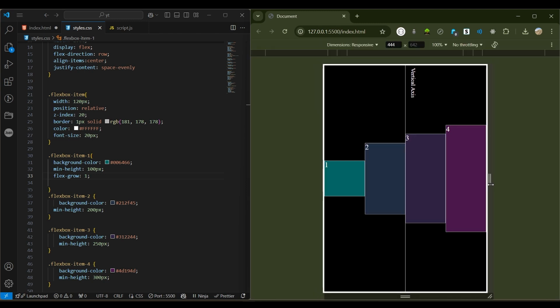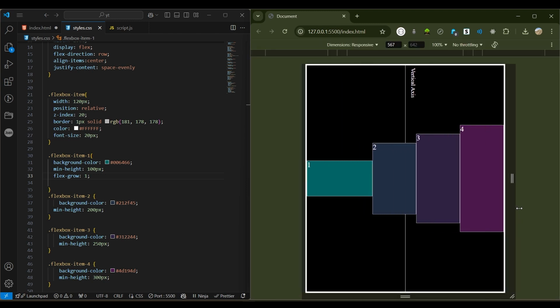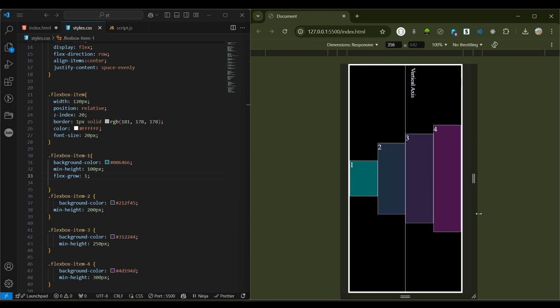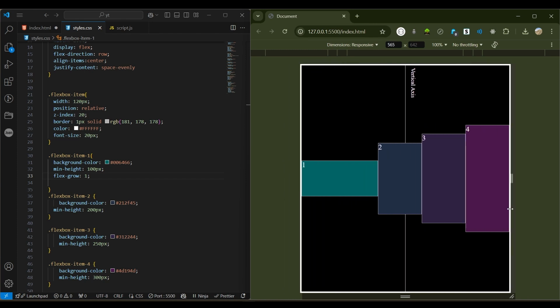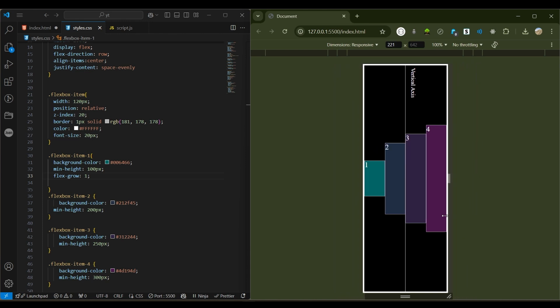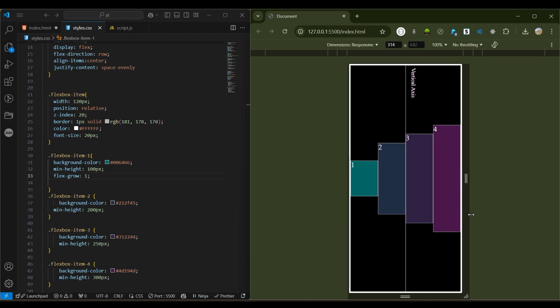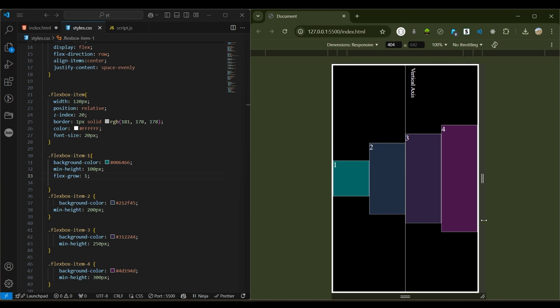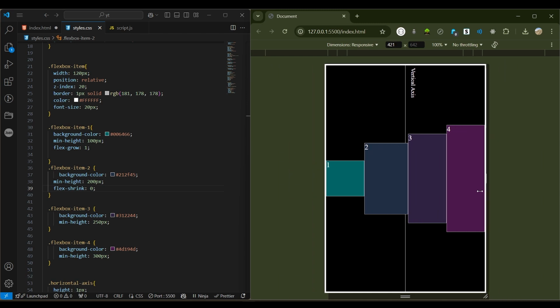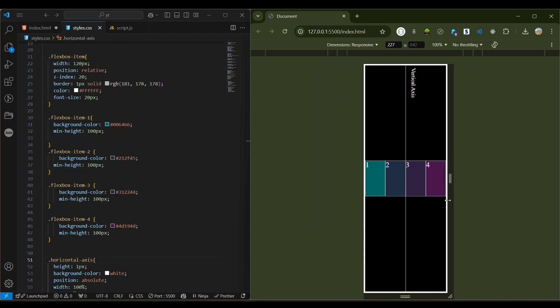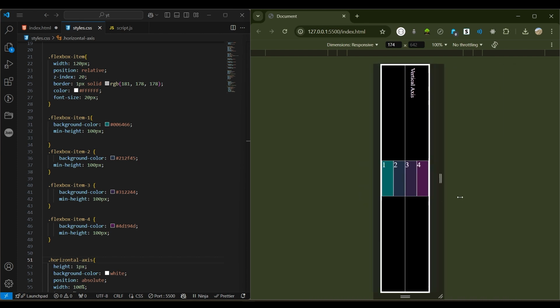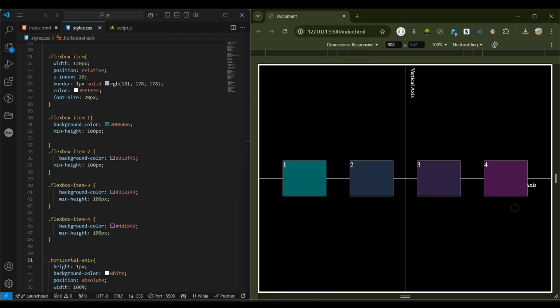If we inspect this and shrink it, you can see each of the containers is shrinking. It's responding to the window size, and each of the containers shrinks as the main container shrinks. If you want to override this default behavior, let's say you want container 2 not to shrink, like flex-shrink of 0, and decrease the size of the container again, every container is shrinking except container 2. So when I decrease the window size, you can see each of the containers is shrinking. And if you don't want any of the containers to shrink, instead you want them to go to the next